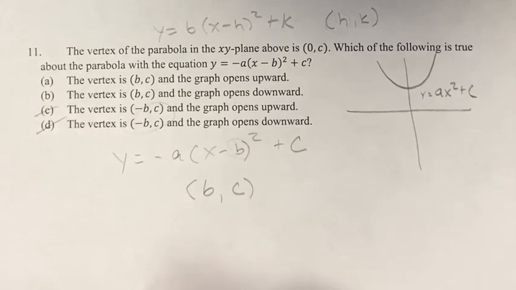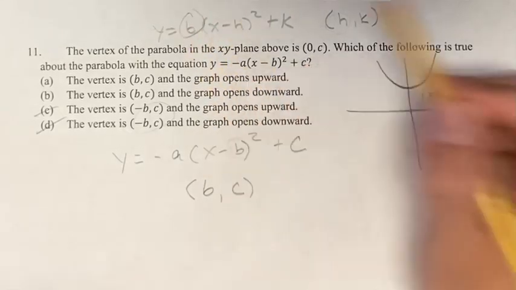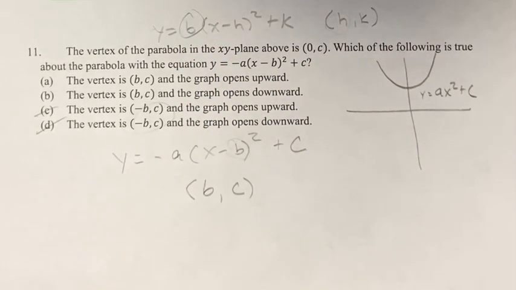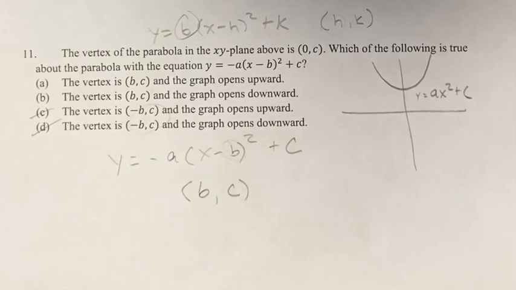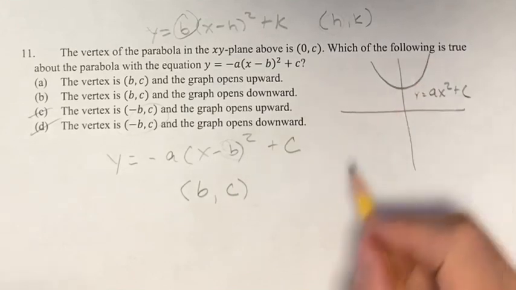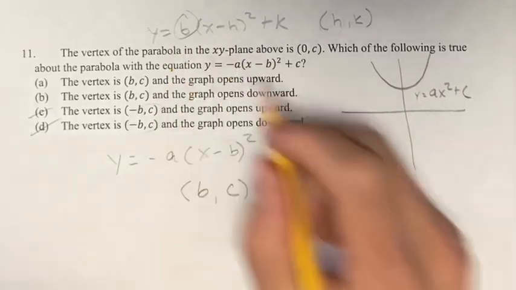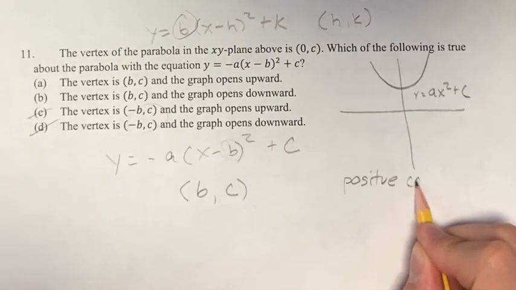So does this graph open upward or downward? The way to find that is based off of this value, b. If it's positive, it opens upward. If it's negative, it opens downward. So in our equation, is negative a positive or negative? Well, if you look at this equation, this opens upward. So the positive b, positive coefficient